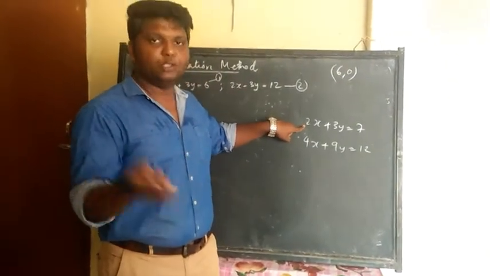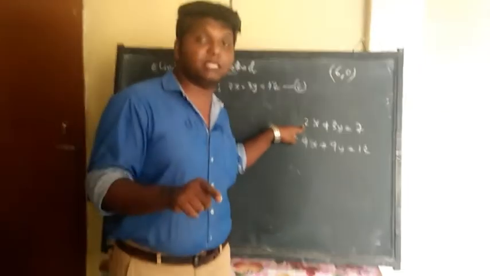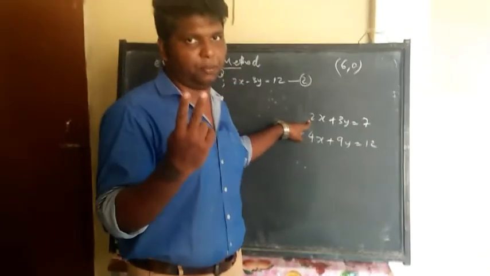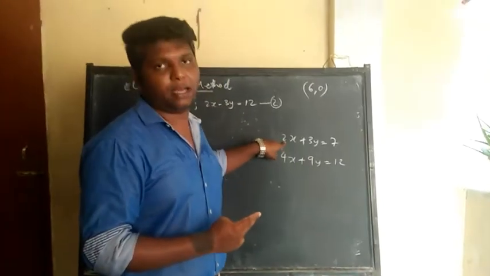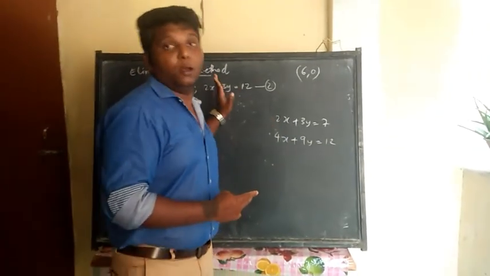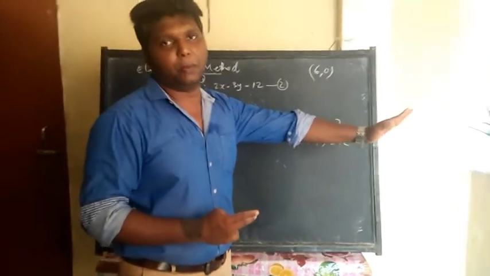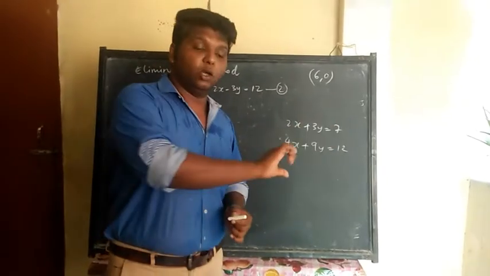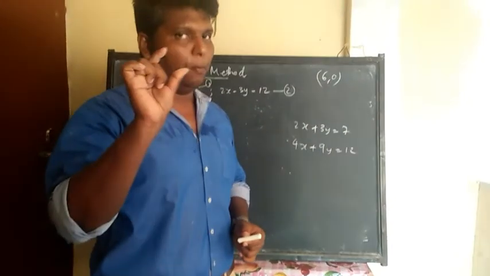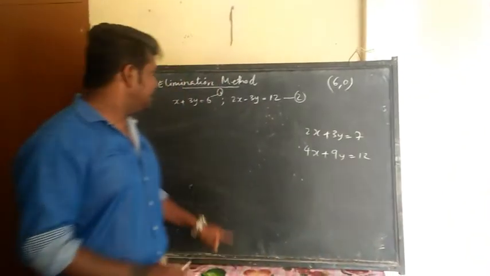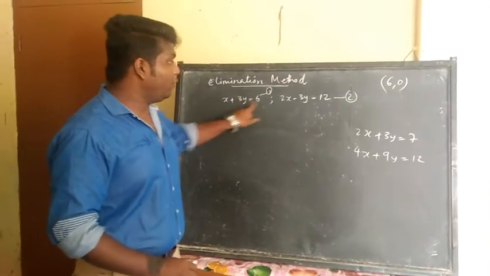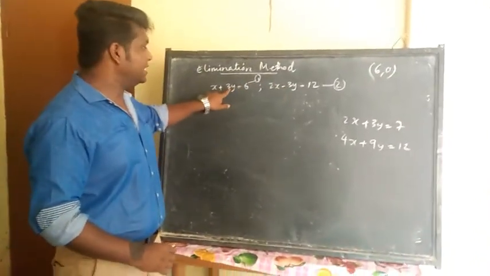लेकिन फर्स्ट वाले इक्वेशन को इधर 2 दिया है, 2 को 4 में ले आने के लिए कौन सा नंबर से मल्टीप्लाई करना पड़ेगा? 2 से करना पड़ेगा. तो ये इसको 4 से बदलने के लिए 2 से मल्टीप्लाई करना है तो खाली इसको नहीं बल्कि पूरा इक्वेशन को 2 से मल्टीप्लाई करना है. You have to multiply the whole equation by the given particular number so as to make the coefficients of them equal. But here, very luckily, the y values are similar.